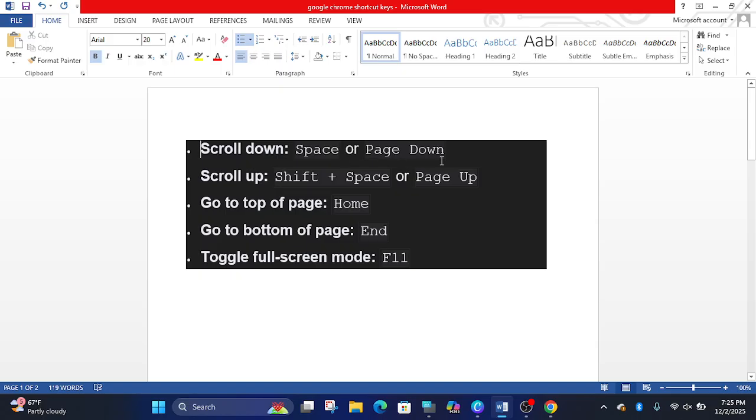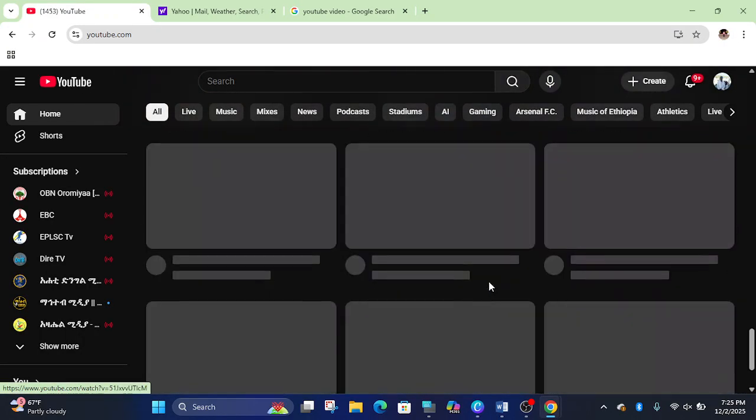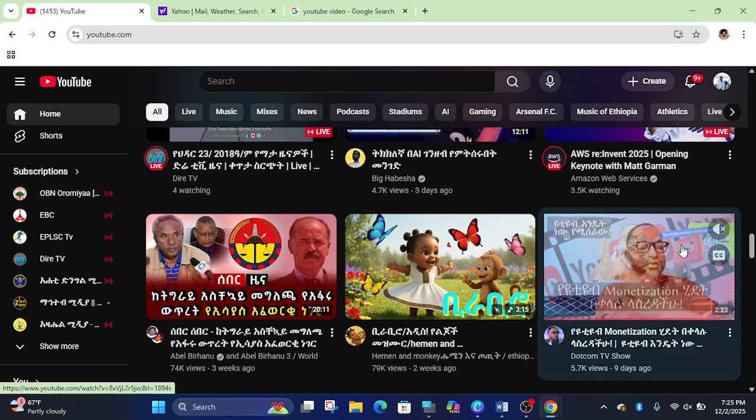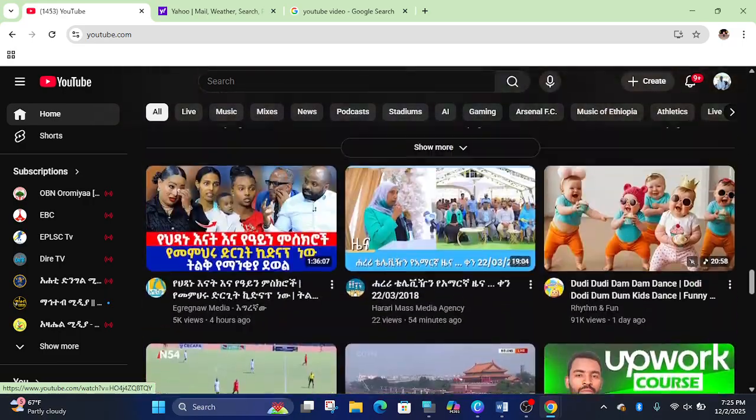Scroll down, you can use the space bar or Page Down. The space bar helps you to go up or down, or the directional arrow keys also.